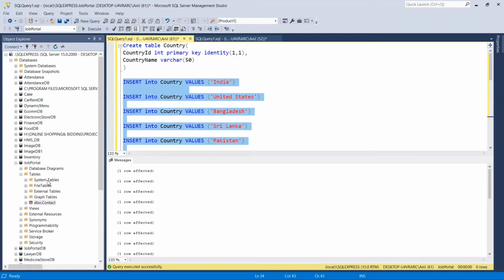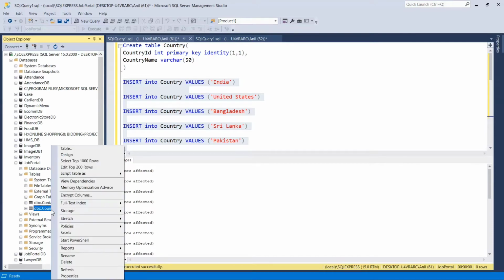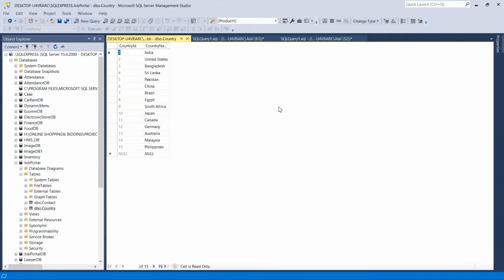Let's refresh it and see the country table. We can see the country names: India, United States, Bangladesh, Sri Lanka, Pakistan, China, Brazil, Egypt, South Africa, Japan, Canada, Germany, Australia, Malaysia, Philippines. 15 countries are there. We'll use these countries inside our drop down list inside our register page.